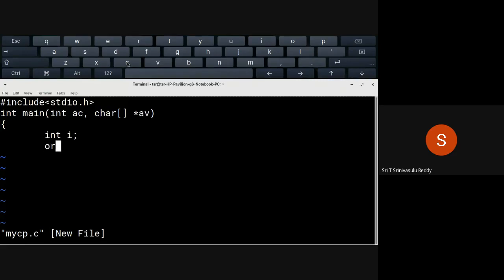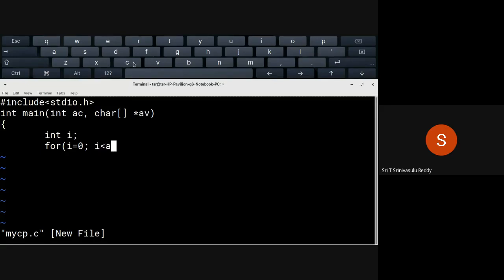And then have a loop and display all the arguments within a loop. So you say for I equal to 0 semicolon, I less than argument count.